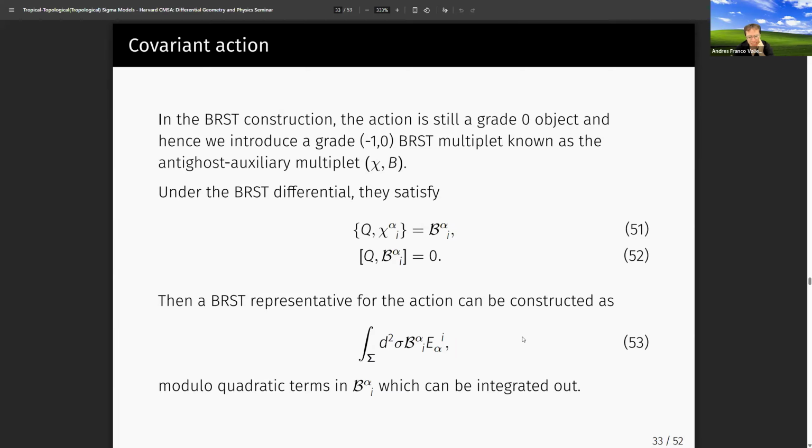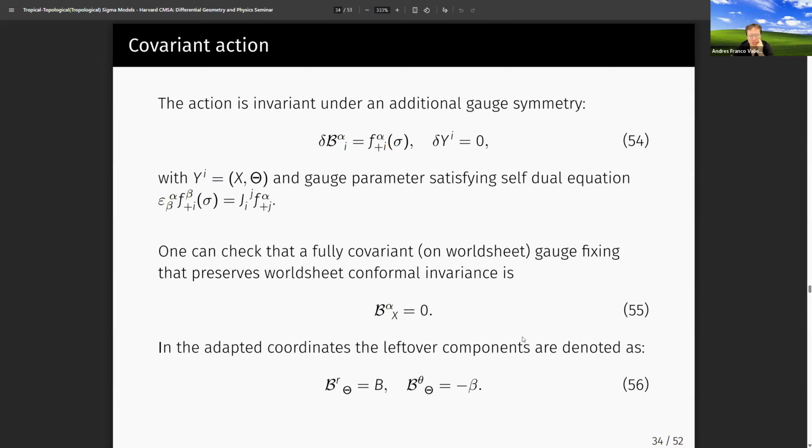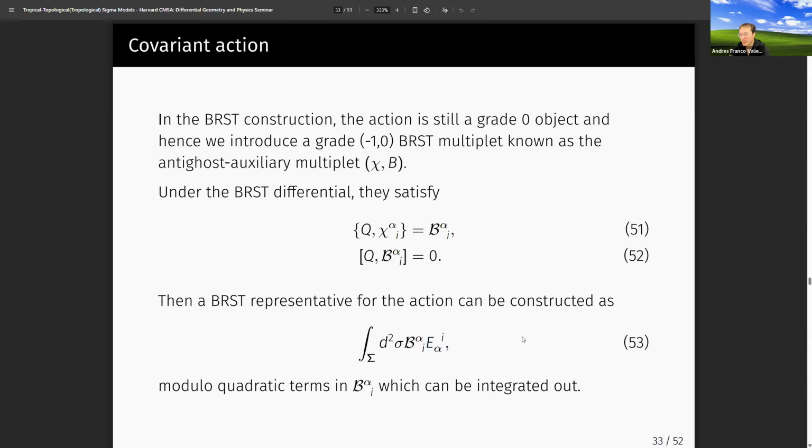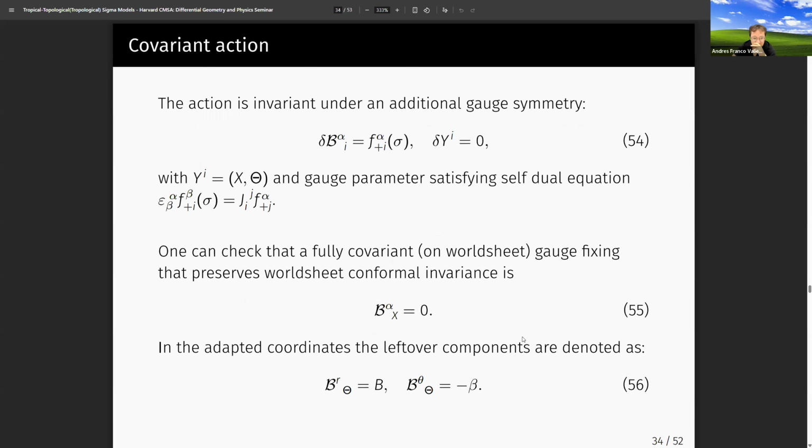And essentially, what you can show, well, the first thing that you really should analyze is, if you construct an action, you should see whether there are any additional symmetries that we have now imposed. And it turns out that there is. It turns out there's a self-dual action that the auxiliary field satisfies. That is interesting in its own right, but what I want to emphasize here is that